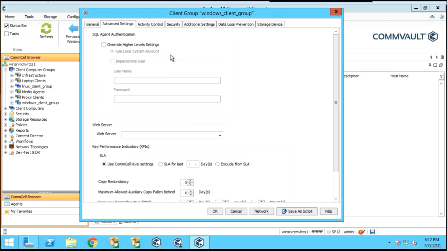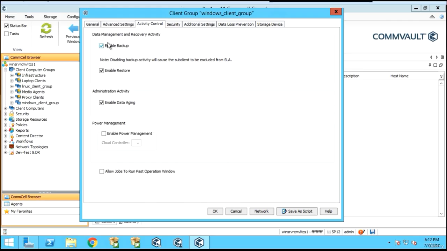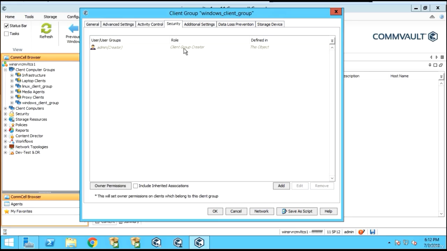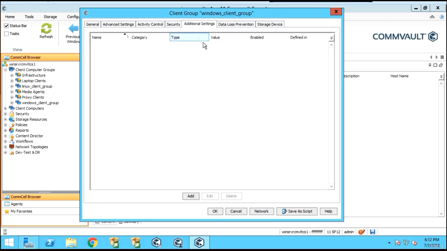You can tie it to web server activity control if it's enabled, meaning it's enable backup on it, or you can do a backup of that set of client groups or client computers, if you will. Enable restore of those clients. Security function, who has rights to it. Additional settings. That's for mostly